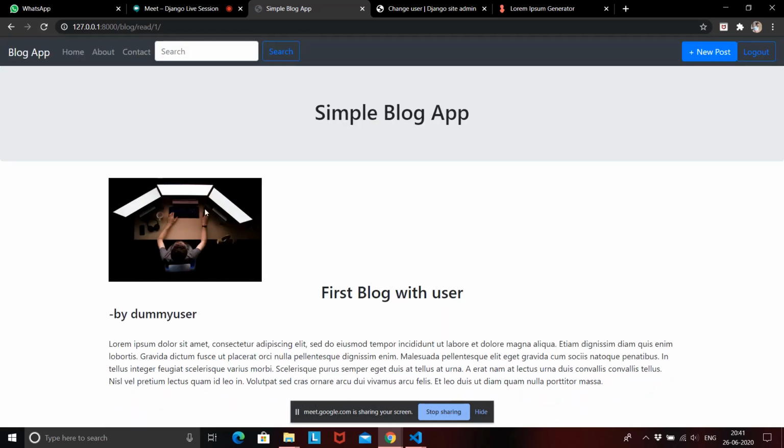You can give any CSS class you want. You can make it center, you can make it wider, you can make it darker or brighter. I'll leave the designing part up to you. You can learn CSS and Bootstrap and make this look better, but the basic functionality is clear.